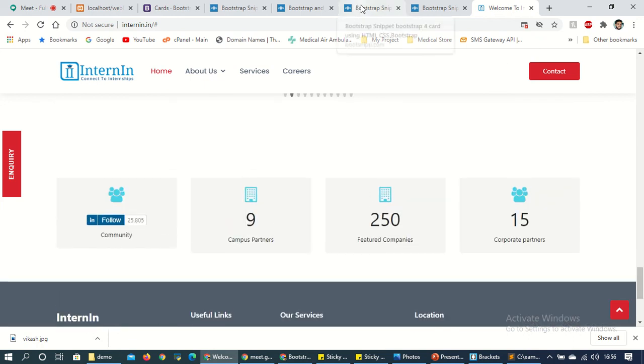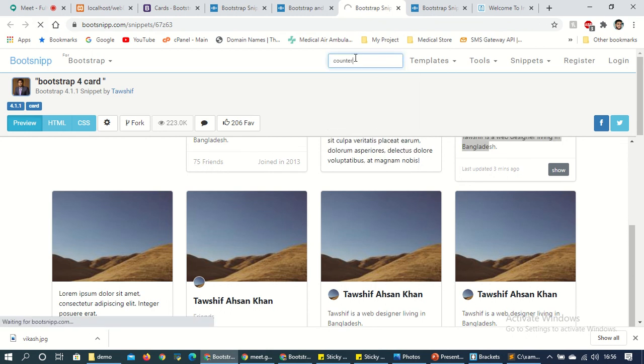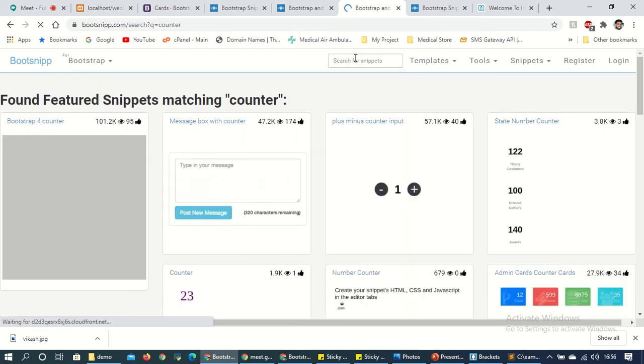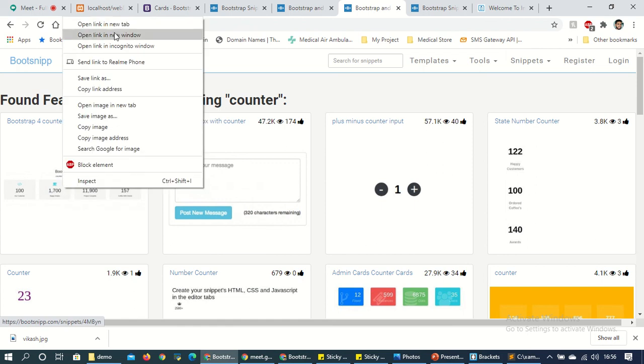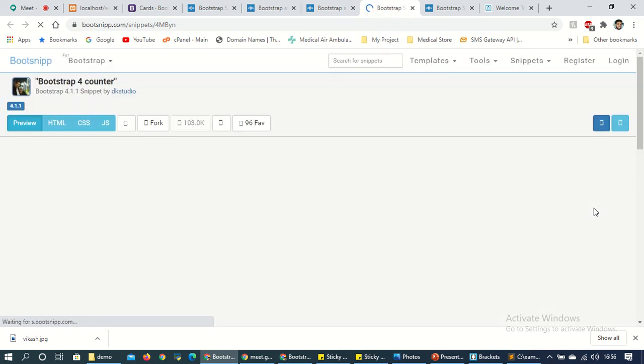If you want a counter, you just have to search counter here, and you'll get counter. This one I have used on that website. If you come here, you'll find this counting from 10 to 100.